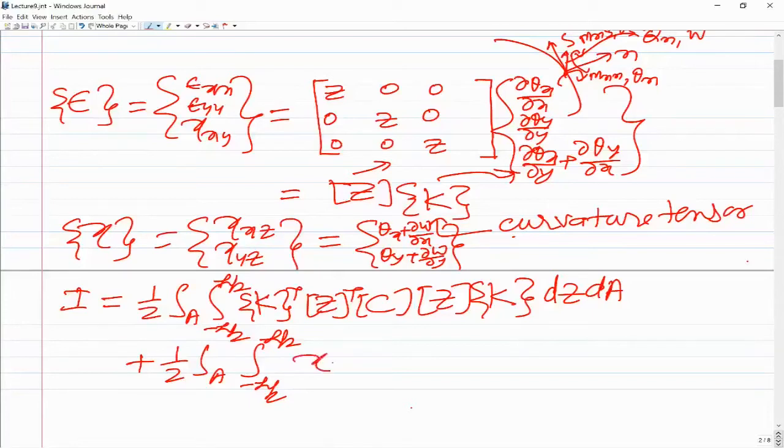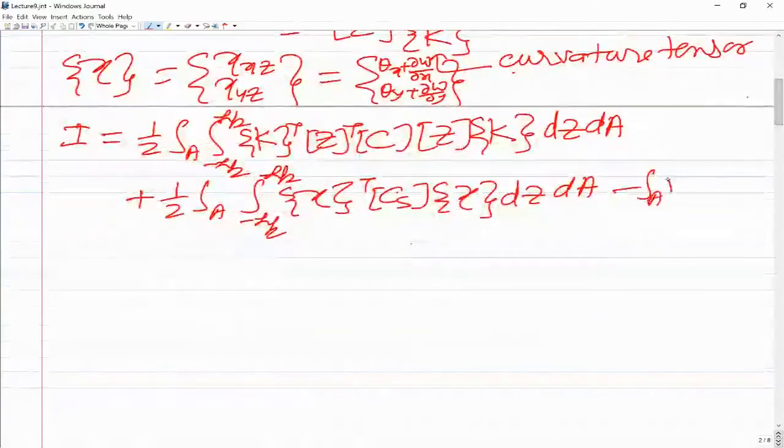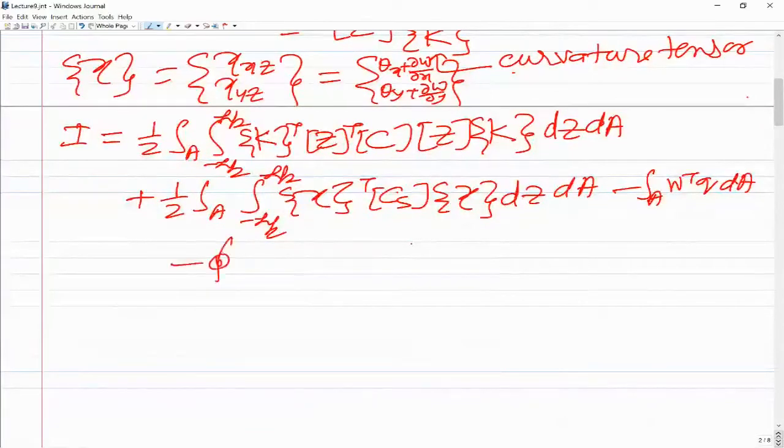Cs is symmetric, so we can write that as gamma transpose into Cs into gamma dz dA, and then the other terms are written as they are. So minus integration over area W transpose into Q dA and minus integration over the boundary. Here, of course, we have this Ks, the shear correction factor, and this integral is W transpose into Qn plus theta n transpose